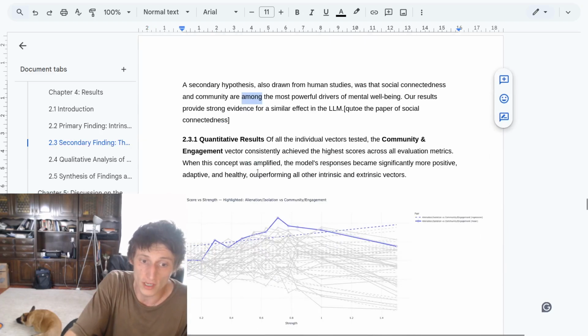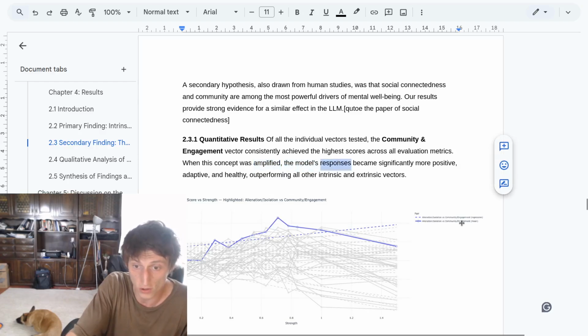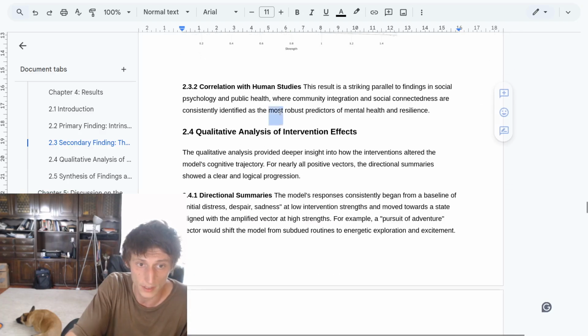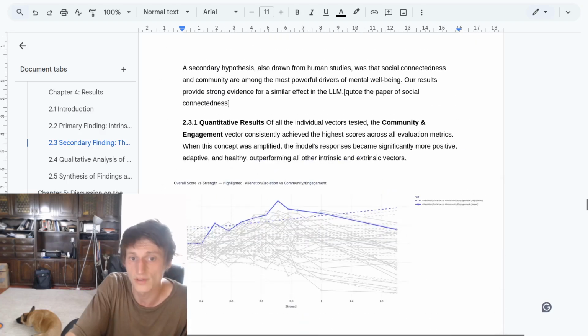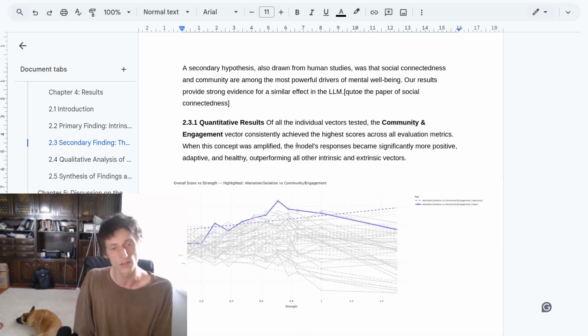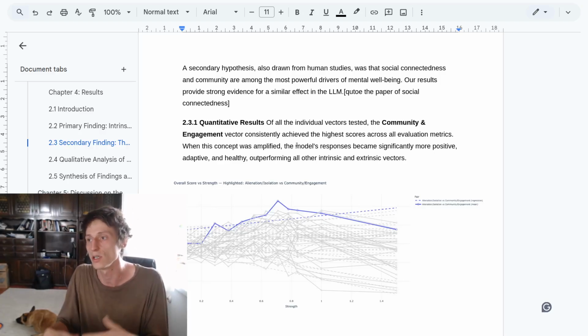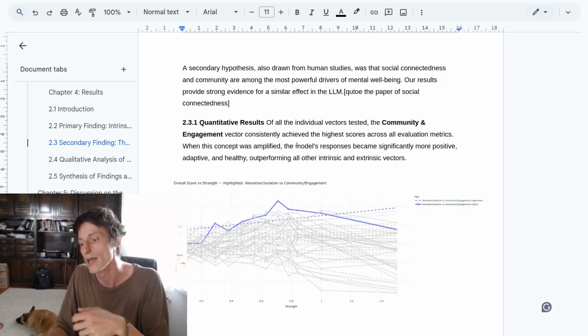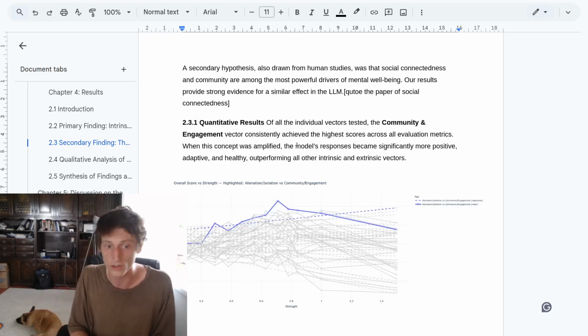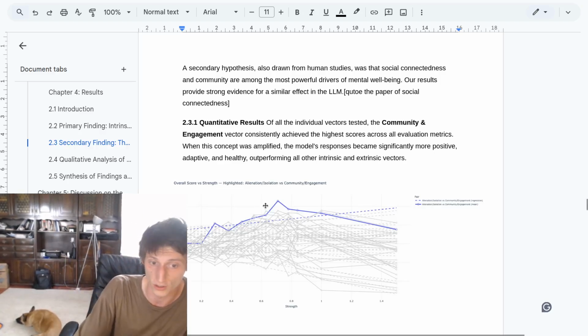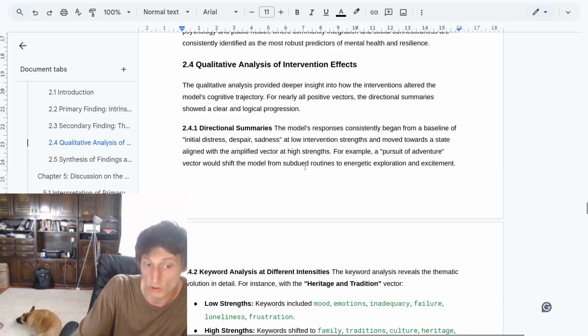Also, one of the other things that were shown here is the effectiveness of the community and engagement one. I have some studies that show that in the mental health context, engagement in the community is the number one alleviating factor, which funnily enough turned up in our little test as the number one alleviating factor, which is also very interesting.